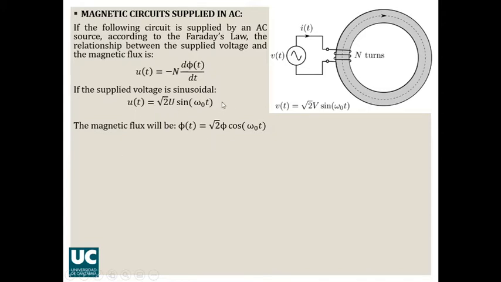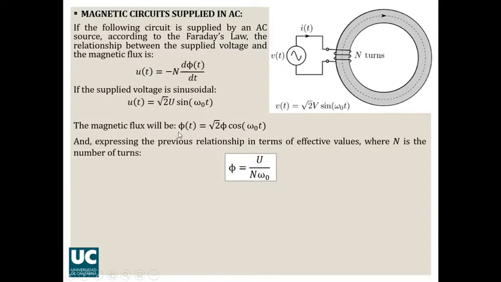So if you introduce here the voltage, you will get to this formula for the magnetic flux. So if the voltage depended on the sine of the angular velocity and the time, then the magnetic flux will depend on the cosine, because if we integrate the sine of a function, we will get the cosine of a function, okay? Well, you can try to solve this integral, but we are going to do so in example number 2.